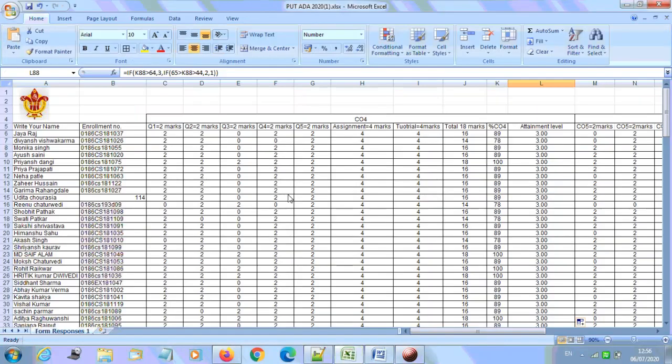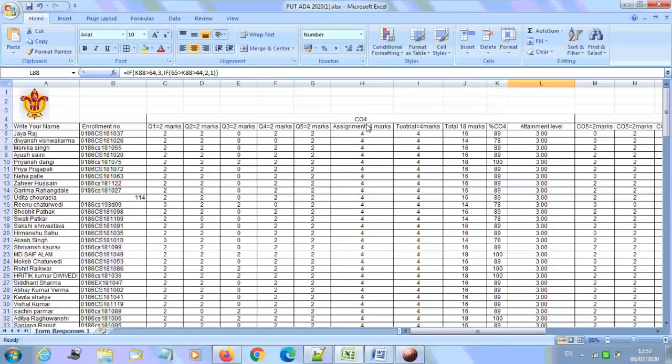For that, first of all, you require the enrollment number and name of all students. I am going to show you how we calculate the course attainment, and that is for CO4. Similarly, we'll have to calculate for CO1 that belongs to unit 1, CO2, CO3, CO4 and CO5. CO4 belongs to unit number 4. Usually in mid semester 1 we cover units 1, 2 and 3, and in mid-sem 2 we cover units 4 and 5. So I have considered CO4 here.